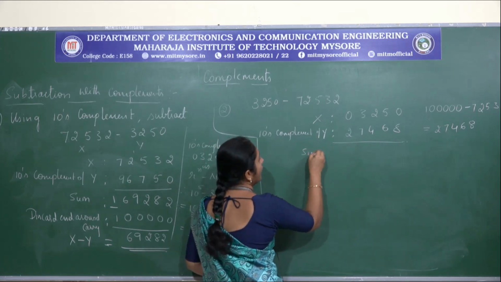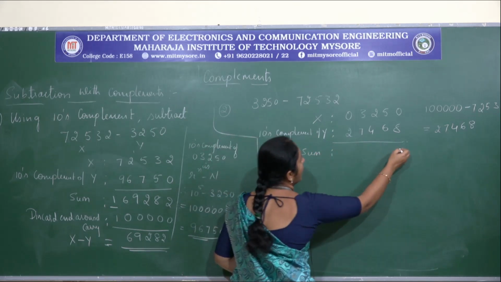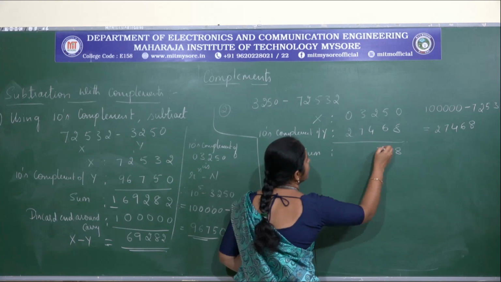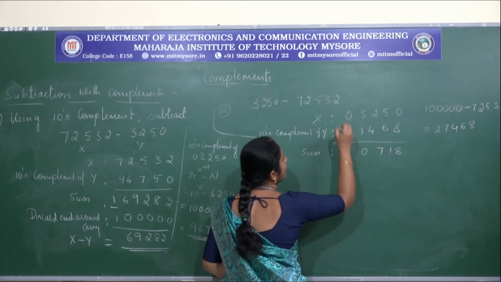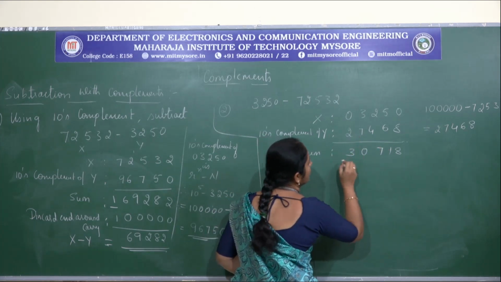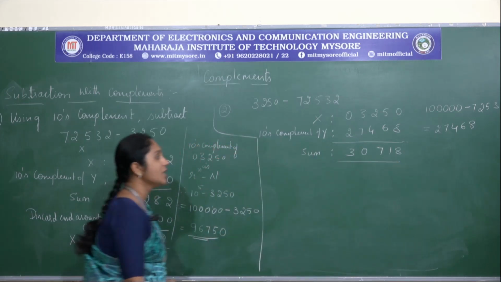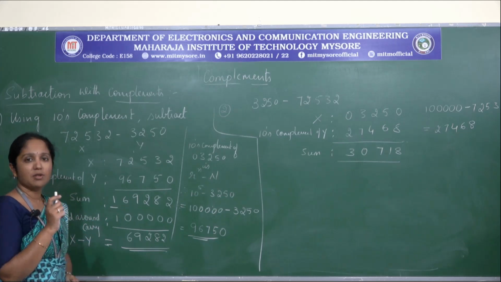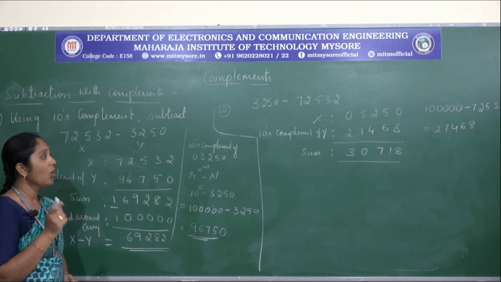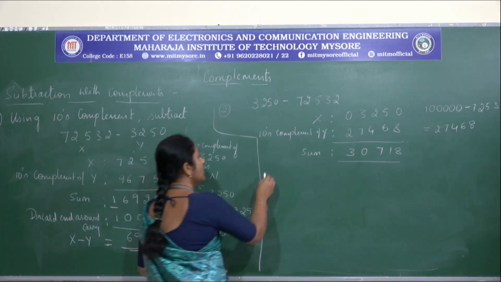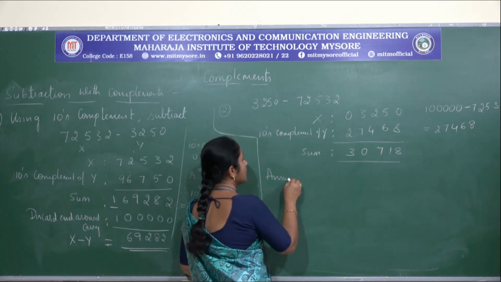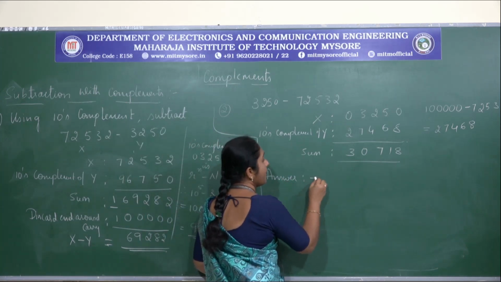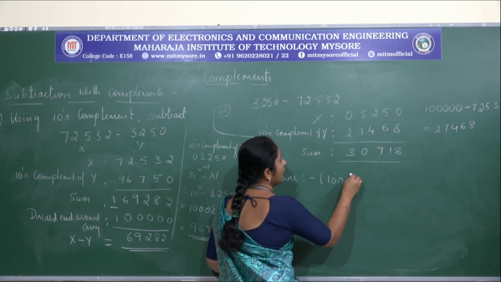Now we need to add these two. 8, 11, 7, 10. So there is no end around carry. There is no end around carry. So you need to remember the answer is negative. So the answer for this case is minus the tens complement of